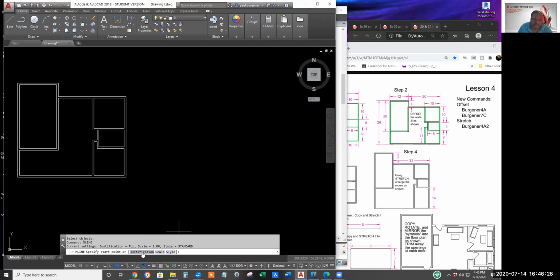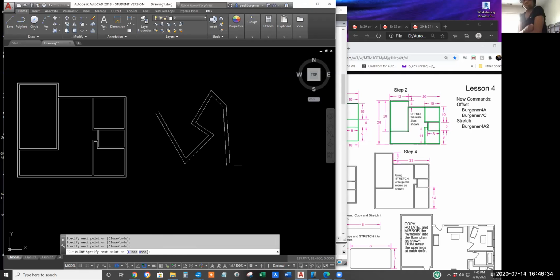I'll leave the justification, scale, and style as they are by default and just immediately go clicking. By altering the justification, scale, and style, you can have a dozen different parallel lines, and some of them are hidden lines, center lines, some of them are yellow, some of them are blue.